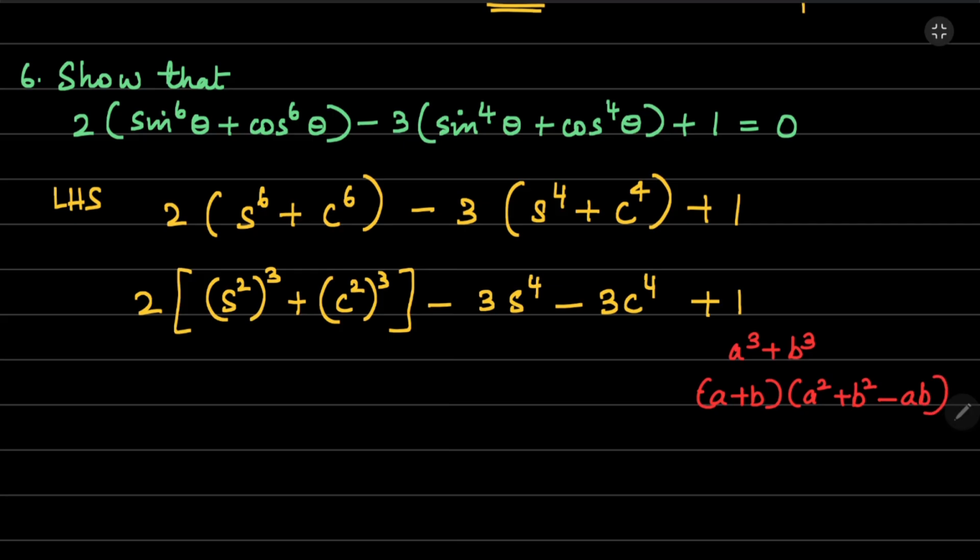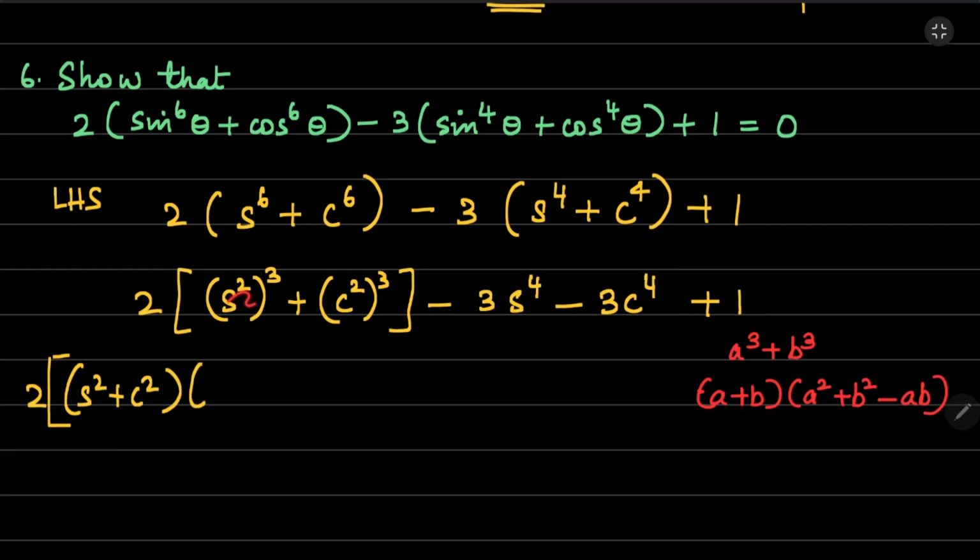Okay, there's a minus negative ab. So let's do that. 2 multiplied by, put it in a square bracket, a plus b. What is a here? Sine square. What is b here? Cos square. Remember it. So a plus b is nothing but sine square plus cos square multiplied by a